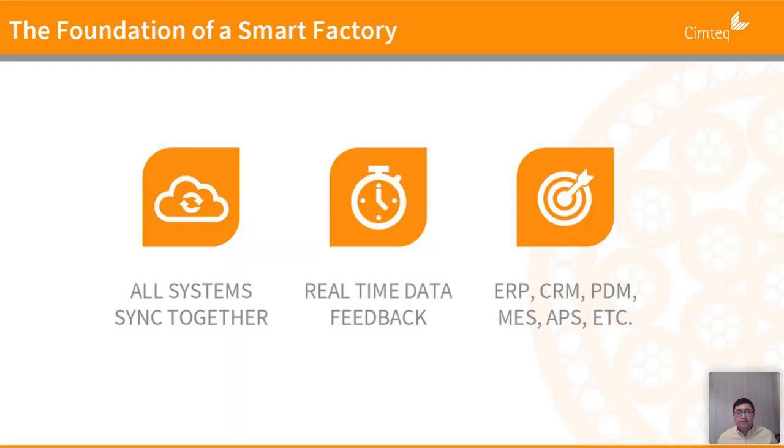So all of you have ERPs. And in your ERPs, you have your sales orders, you have your production orders, and you need all the BOM and raw material information. And that information will be used in different places. For example, for sales orders, your salespeople need it. And for your production order, after you generate it from ERP, you need to send it to your shop floor, to the MES system. And your PDM will send the cable information to your ERP,